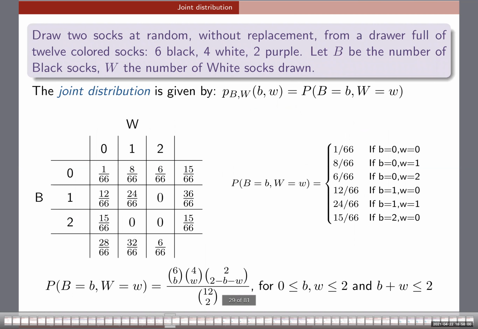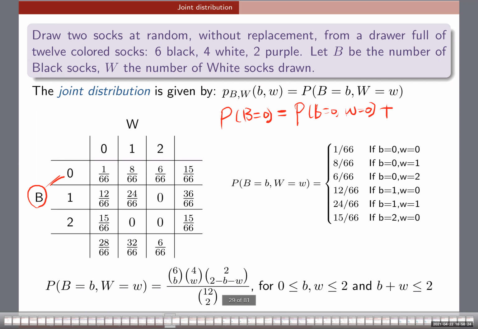Up here we're trying to get the marginal probability of b equals 0. Let me write it more mathematically. The probability of b equals 0 is the sum of the probability of b equals 0 and w equals 0,